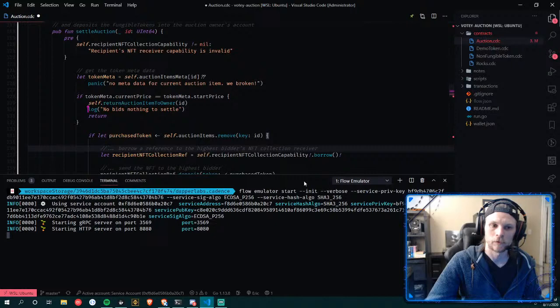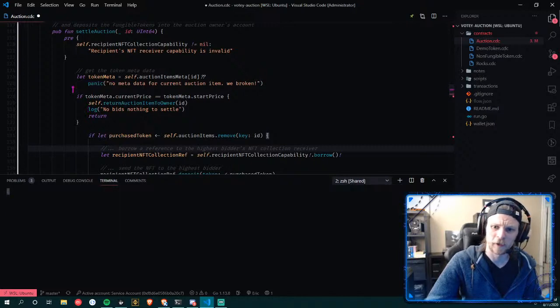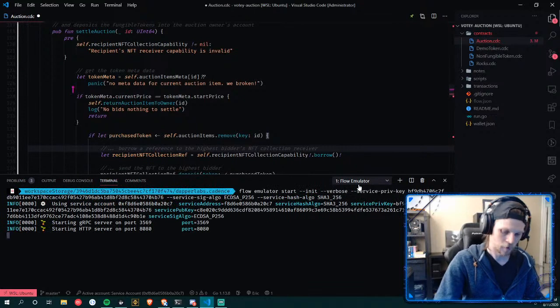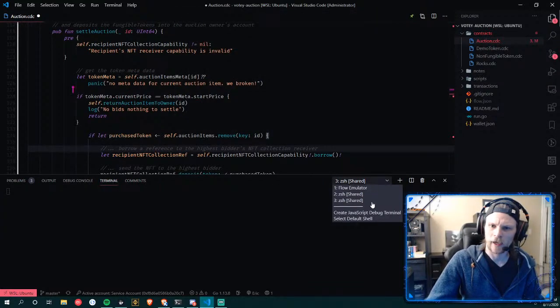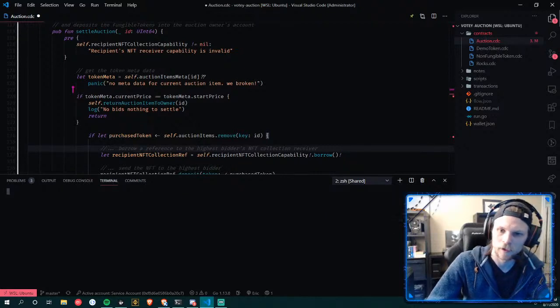Create JavaScript debug terminal. Is that what you want? I have 2 windows open. One's the Flow emulator. Oh, this one. I have a terminal on your machine, because this is a terminal on my machine. In VS Code, 2 and 3 are shared, but they're like zsh terminals.